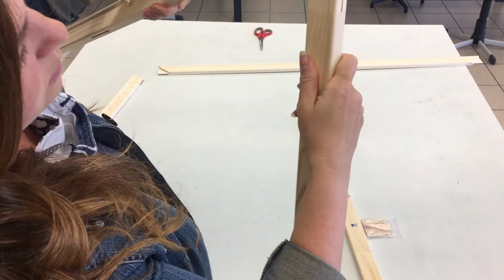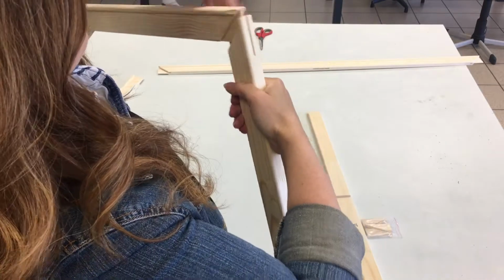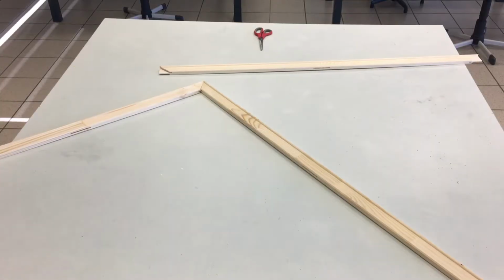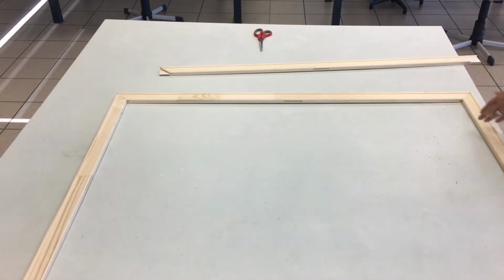direction. The corners have little wooden notches in it, and you just wiggle the pieces together till you get the corners to align. This is the trickiest bit because you have to sort of push from one side and then the other so it comes out perfectly aligned on the corner. Don't push them all the way in until you have all of your corners done because you're going to need